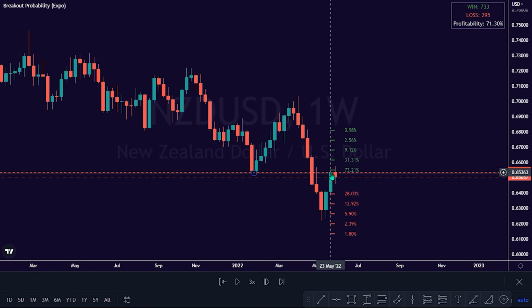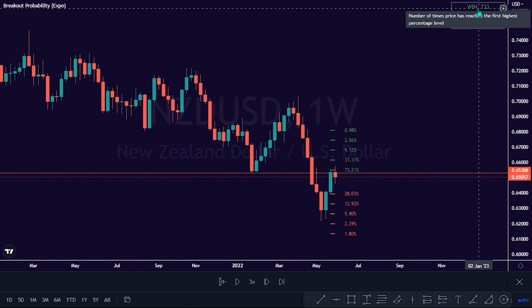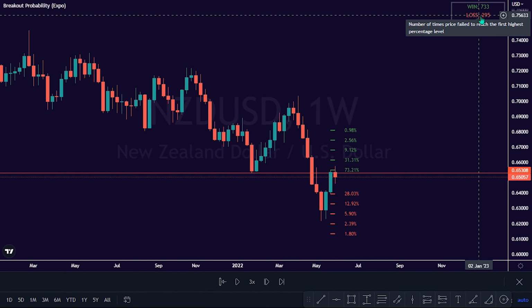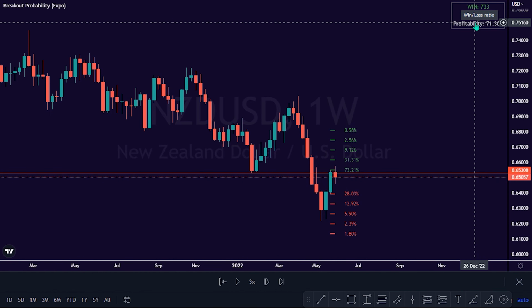After the price made a bullish pullback to retest the previously broken support structure at 0.65308, price carved a spinning top candlestick. The Breakout Probability Expo indicator gave a strong probability ratio supporting bearish anticipation on the weekly time frame. The win rate is 733. The loss rate is 295. And the profitability ratio is